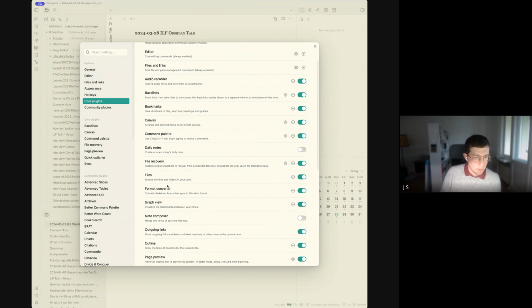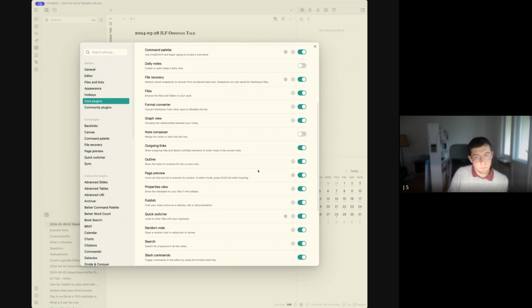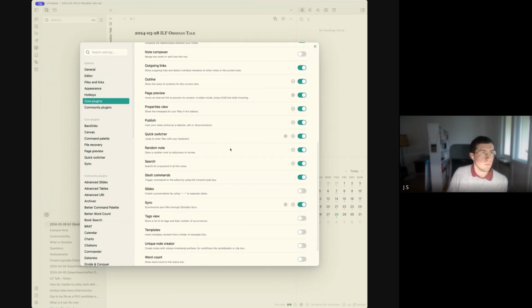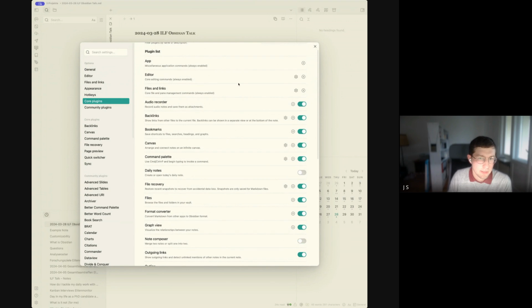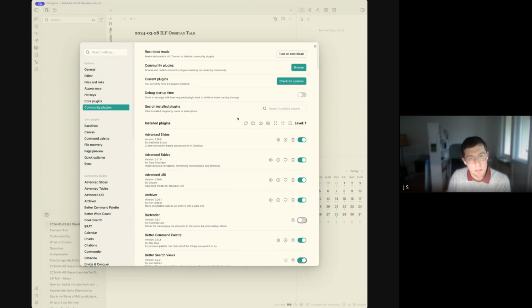For example, the file browser is something you could switch off if you want a really minimal writing environment and only use search and not the browser. It's actually not an issue. So this is what the Obsidian developer team provides in terms of plugins, which is really basic functionality. And then you have this community plugins section